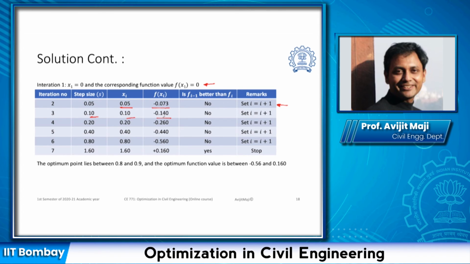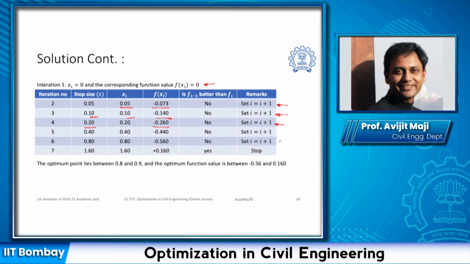which is negative 0.073. So we are again increasing the counter by 1, and now again my step size has doubled, which is 0.20. At this point we are finding out that my objective function value, which is negative 0.260, is better than the previous objective function value, which is negative 0.140, and hence we are again increasing the counter,